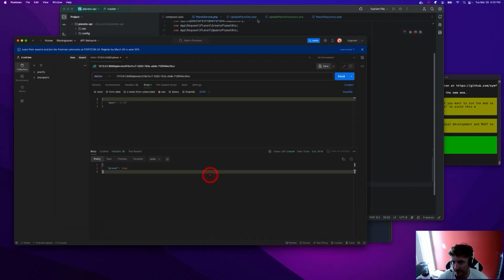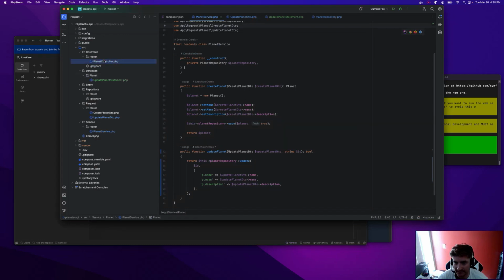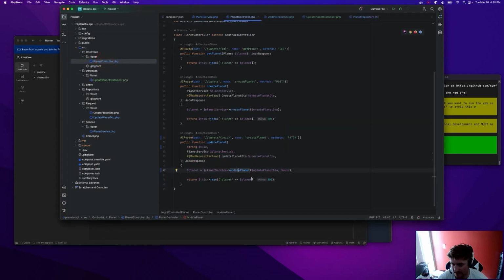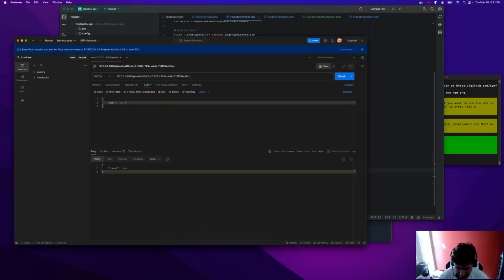There we go. Okay, and I didn't change that, but it should just be a 204. Oops, because this just returns a bool now, but there we go. That was a little rough, but